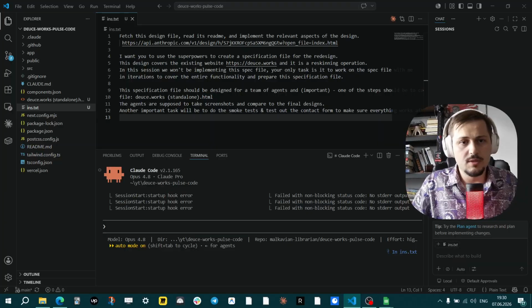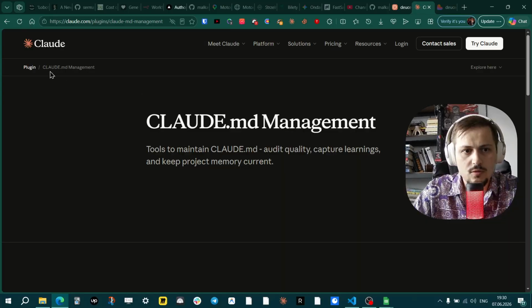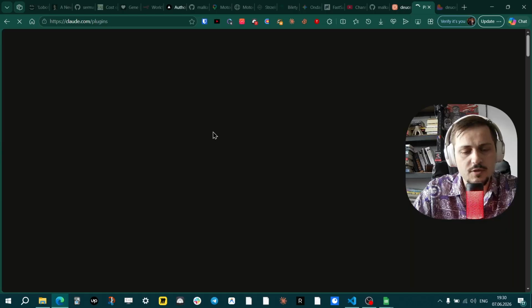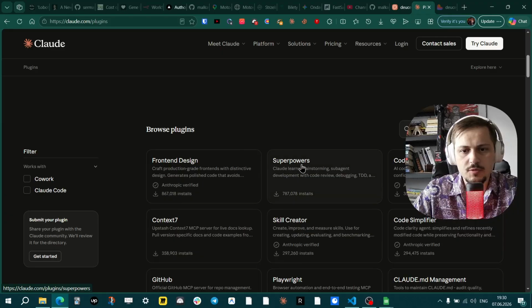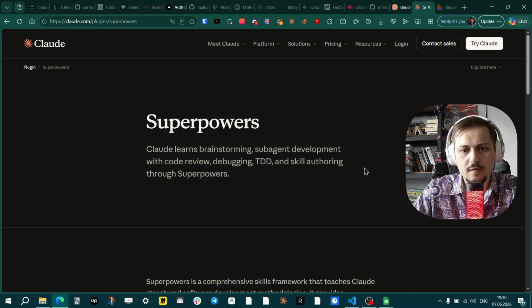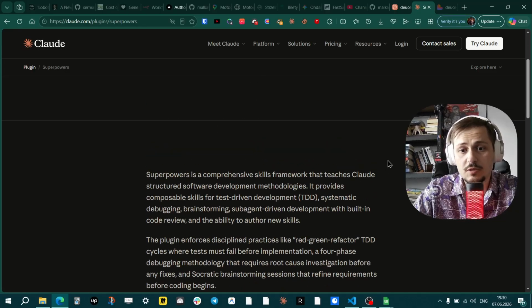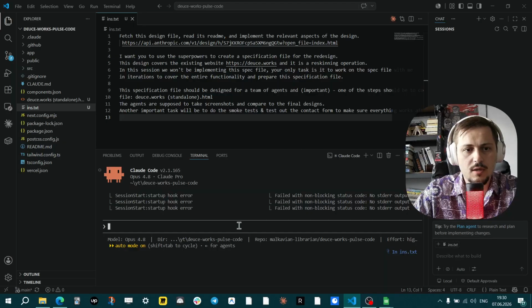And presumably with this superpowers plugin, it's another one that I encourage you to install. So go to plugins here on the official website and find the one called superpowers. You can install it as well, and it contains a lot of skills, really, that allows Claude to ask questions, create specification files, do the debugging, as you can see in the description, and it is great, I have to say. So let's get back to Visual Studio here, and the only thing left, really, so it is a clean